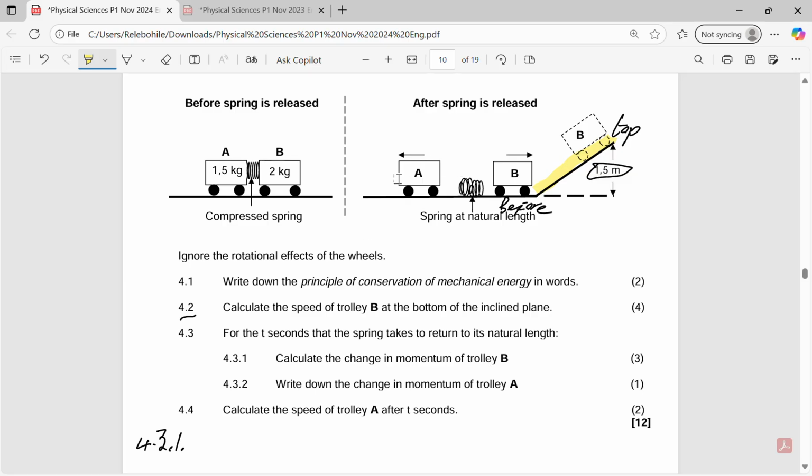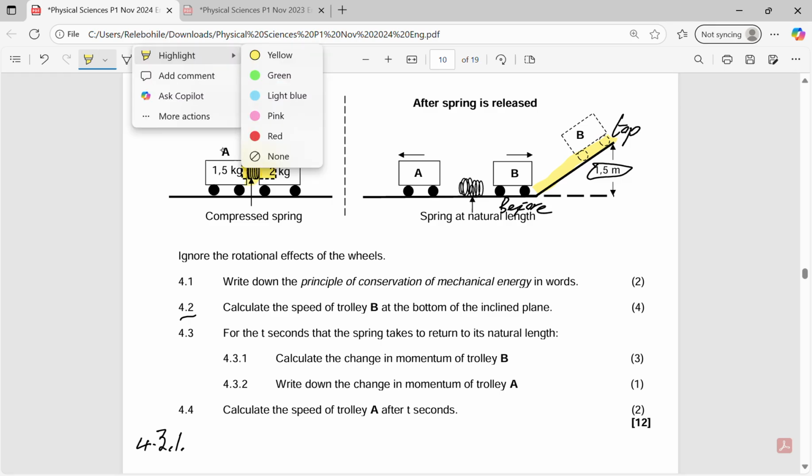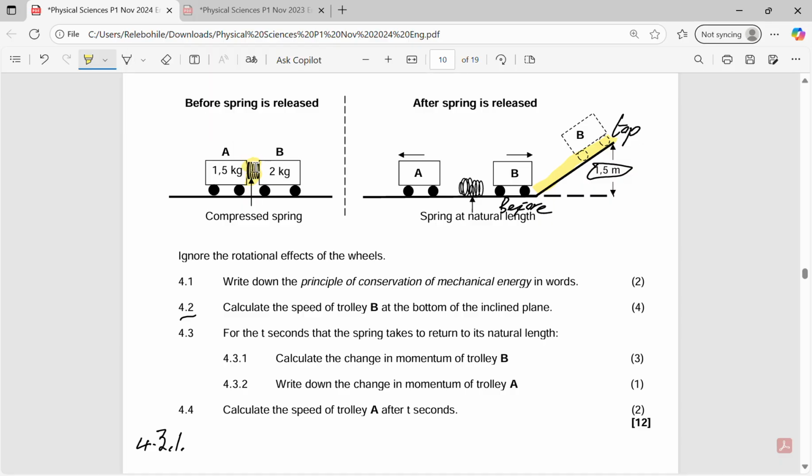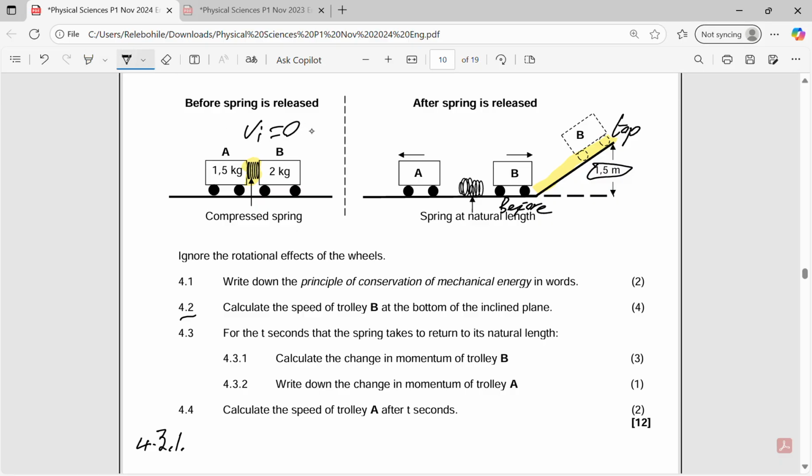And what you will realize is that initially the two trolleys were attached, like in this situation here, and then they moved in different directions. So initially they were at rest, if you recall. So that means the initial velocity of the two trolleys was what? It was